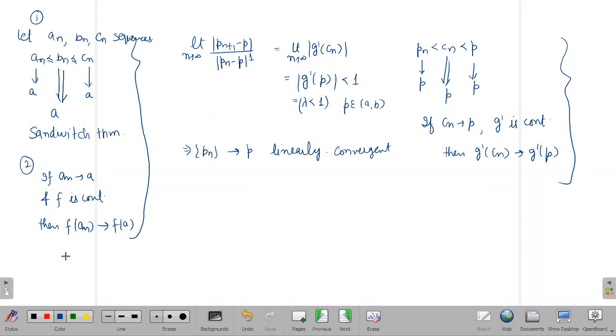Okay ma'am. For example, we can take 1/n square here. Then you can take any zero sequence also. Means if I write 0 less than or equal to 1/n or 1/n square, this is going to be 0, this is going to be 0, this will also be close to 0. Means you can take any sequence. Okay ma'am.